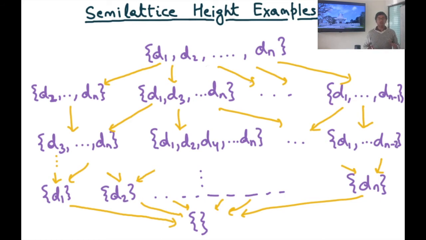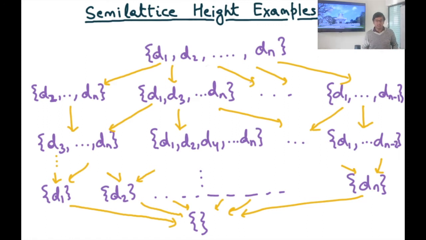So let's say I just generalized the example that I had in my previous slide, which had just 2 definitions. Let's say I have n definitions, where n is some finite number. In this case, one element is the full set, which is all the elements d1 dot dot dot dn. Another value is just the empty set, which doesn't have any of the elements. And then there are all other kinds of elements.